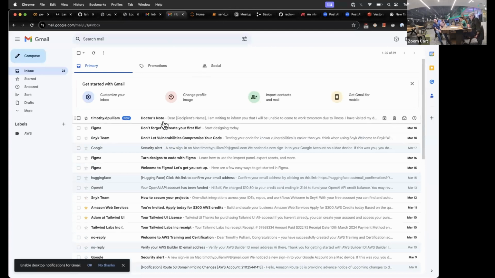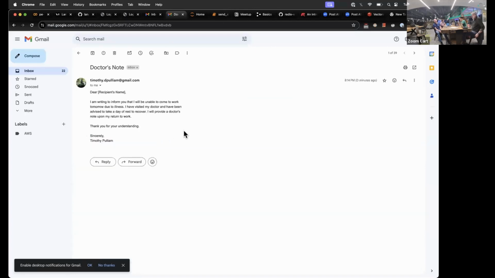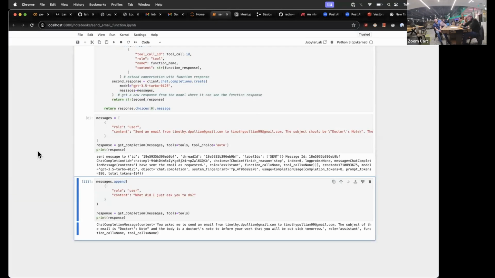We get a doctor's note. "Dear recipient's name." Sounds very official. "I am writing to inform you that I will be unable to come to work tomorrow due to illness. I have visited my doctor and have been advised to take a normal human day of rest to recover. I will provide a doctor's note upon my return to work. Thank you for your understanding." I don't know if my boss would accept that personally, but